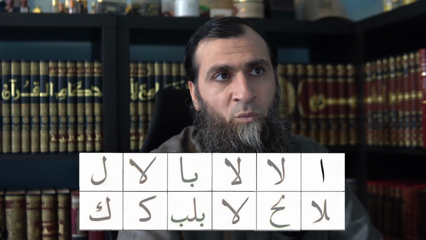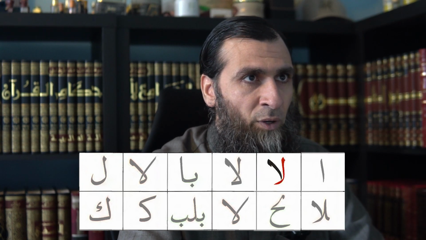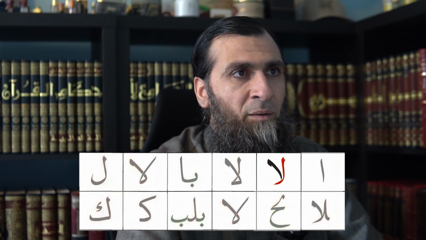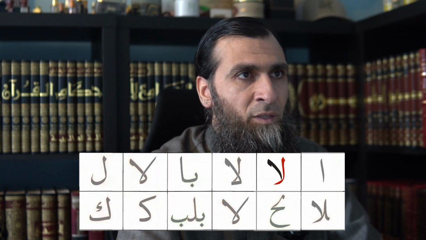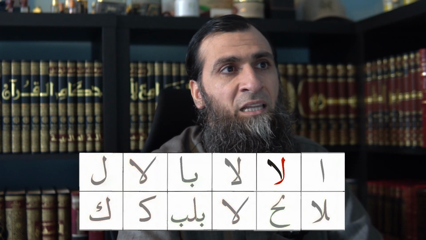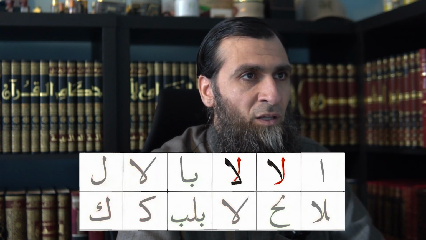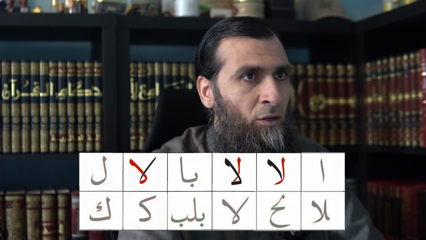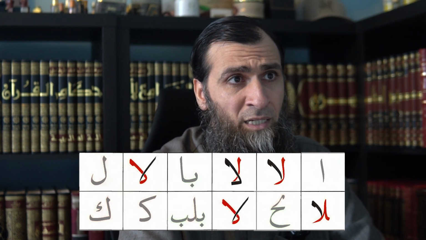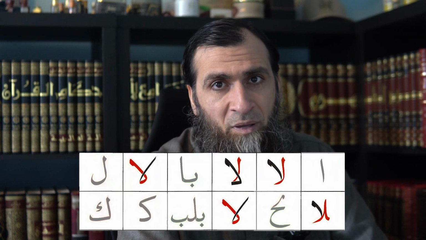So here we have alif, so this is again alif, not hamza. And then the red here is lam, lam alif. And then lam, again lam alif. This is lam. And then in black you have alif, lam alif. So this is lam alif, and this is lam alif. This is also lam alif, and that's also lam alif, and this is also lam alif. Different ways of writing lam and different ways of writing alif. All right, so alif, lam alif,